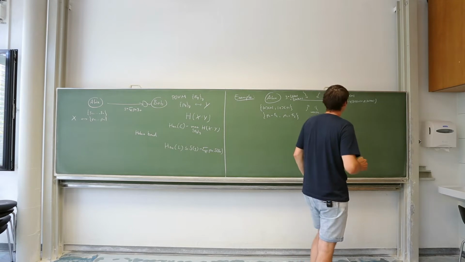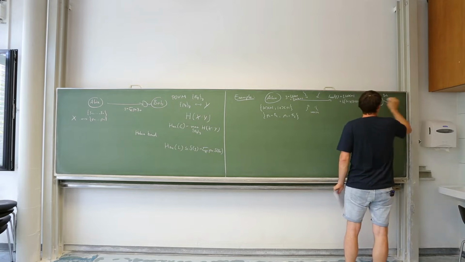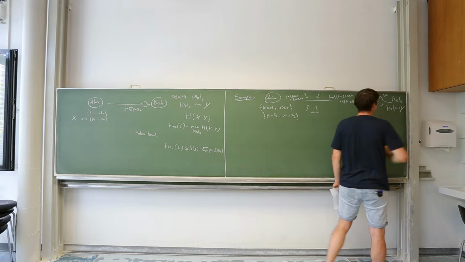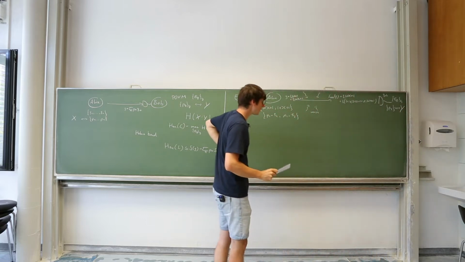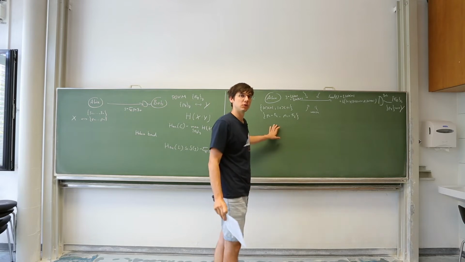So this is the state that Bob receives, and what he does is he performs a measurement. So this is Bob performing a measurement, similar as before, with some POVM, which gives rise to the probability distribution Py, which we can associate with this random variable y. And what we want to figure out now is how much information got lost due to the noise in the